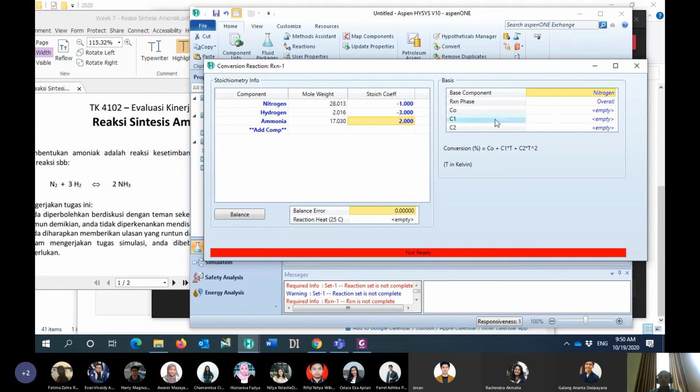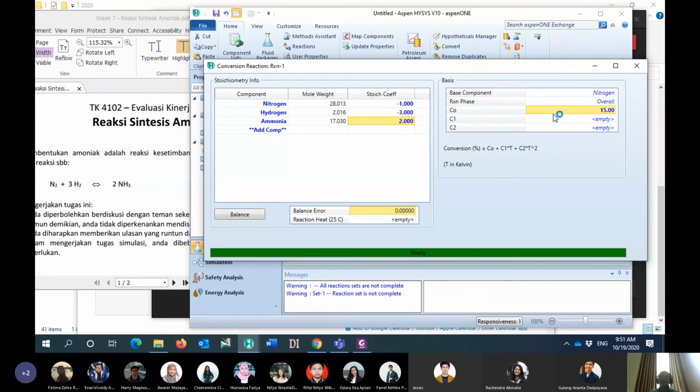For this reaction for bed number 1, I would like to just predict the conversion in percentage, so it will probably be only 17% or 15%. After defining 15% for the conversion, please look at this conversion equation: the conversion percent is equal to C0 plus C1 multiplied by T plus C2 multiplied by T squared.